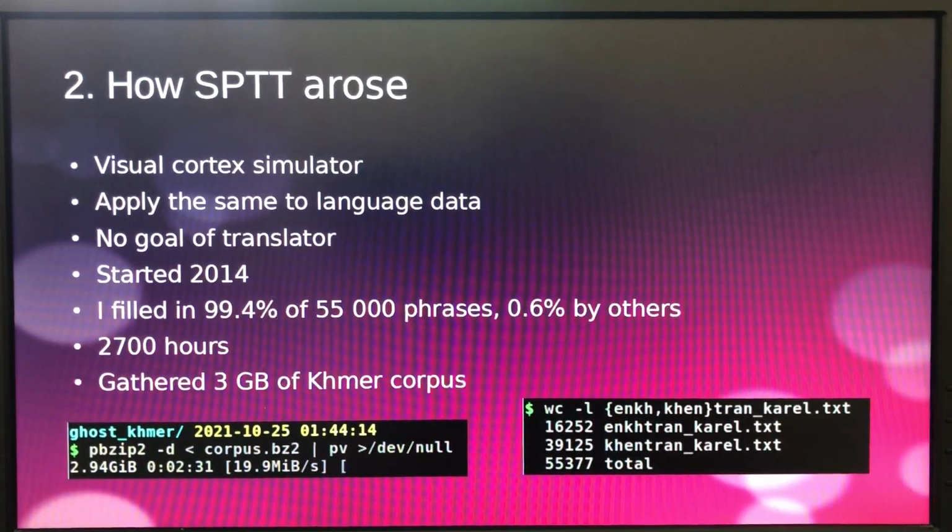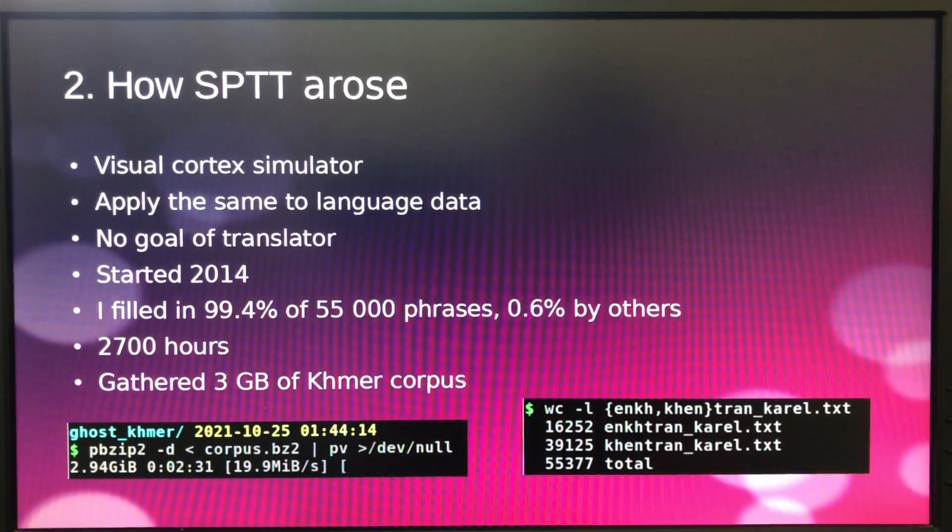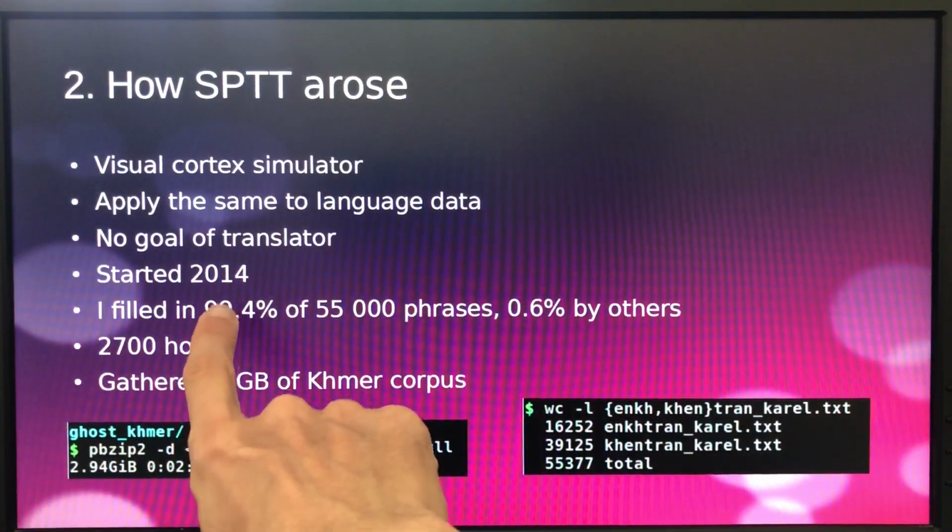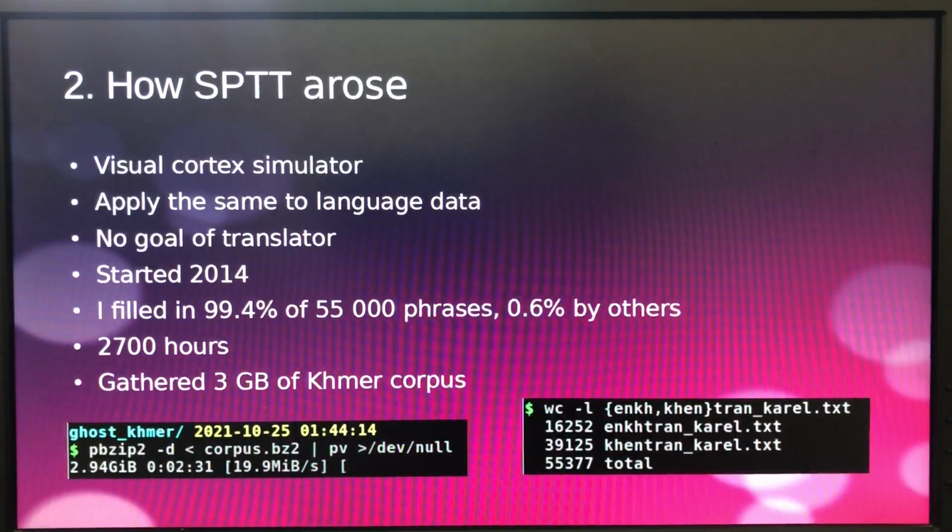And how did the SPTT arise? In 2013-14 I wrote a visual cortex simulator of the brain, and that was working well, and I was very fascinated by that. And I wanted to apply the same paradigm to language data. I didn't have a goal of making a translator, so I started the programming in 2014,